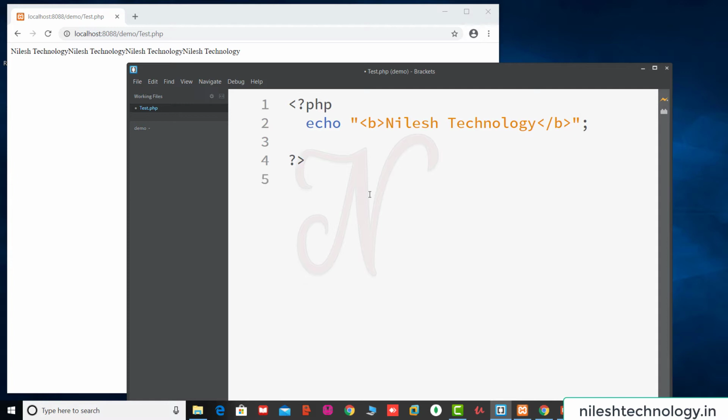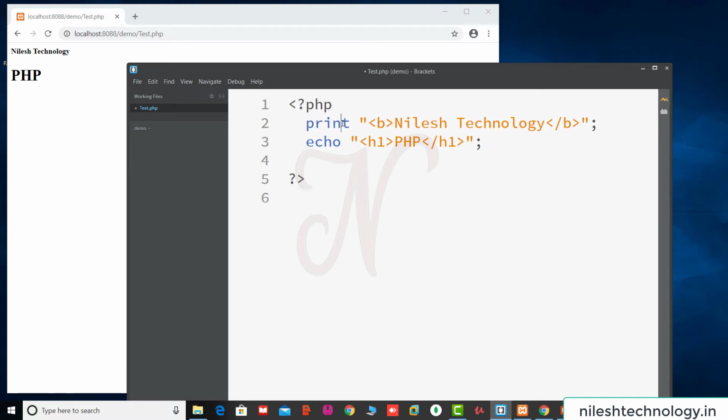Same here, one more statement. For example, this is PHP and this is the H1 tag. See, save these changes. In the browser in the background, Nilesh Technology and PHP. Same statements we write using the print function. Save these changes. See here, there is no error. So proceed to the next section.